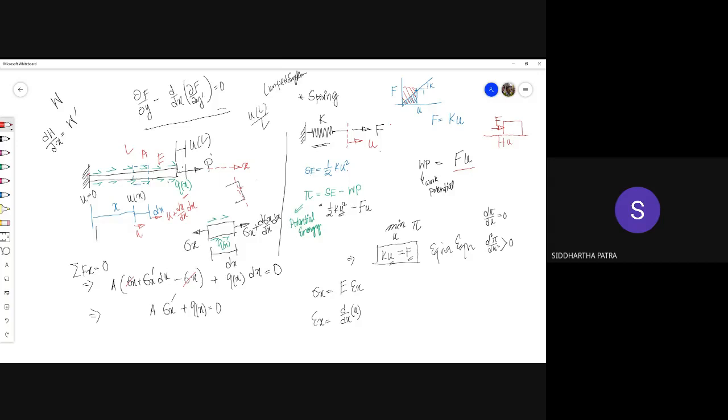But then what is the change in length of this differential element? Both of these faces of the differential element are displaced by u, but on the right hand side it is additionally displaced by this amount. So the strain is going to be du dx dx divided by dx. This is the strain, which is u prime,